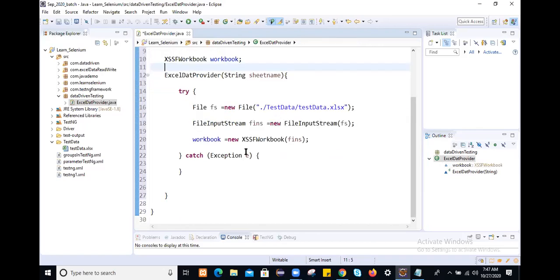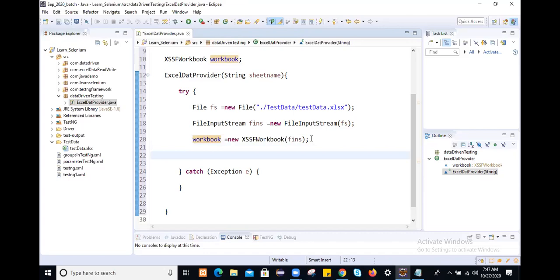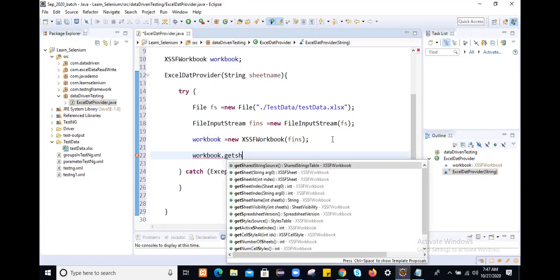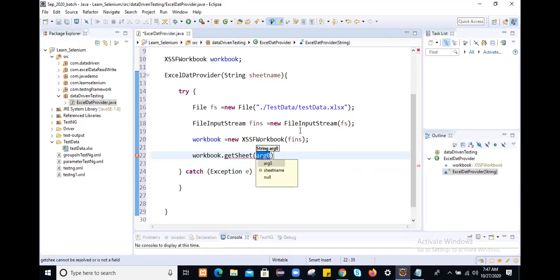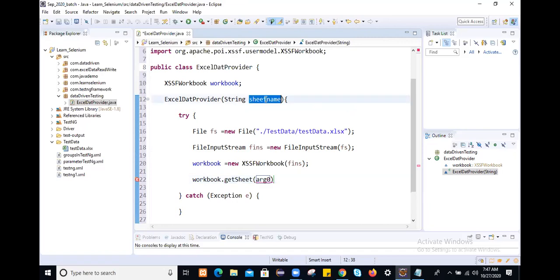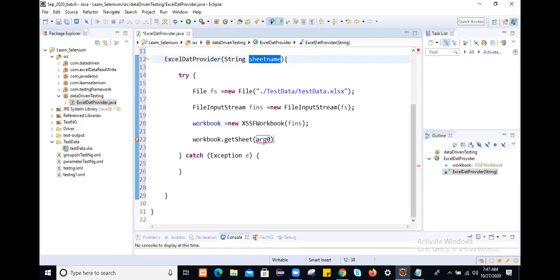Then once we get the workbook, we are going to get the sheet on that workbook. Workbook dot getSheet. There are two ways to get a sheet, based on index or based on name. So we will get it based on name. When we create the object of this Excel data provider, we are going to pass the sheet name on which sheet you are going to work.